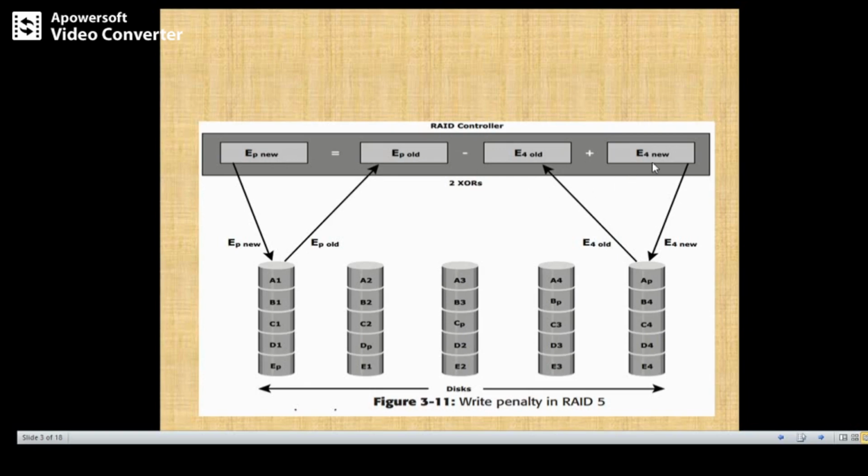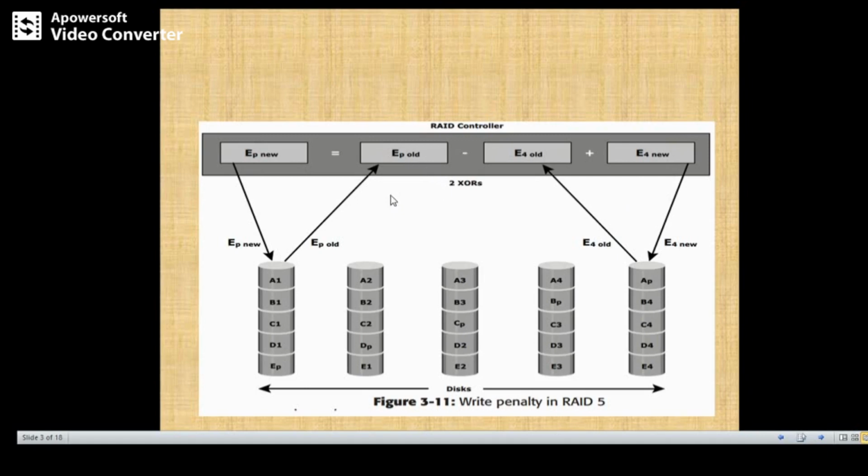We are having the new data as E4 new, so this particular block has been changed now. In order to perform the write operation onto the disk, the RAID controller will read EP old and E4 old data. After that it will compute the new parity value with respect to the old parity as well as old data along with the new data.